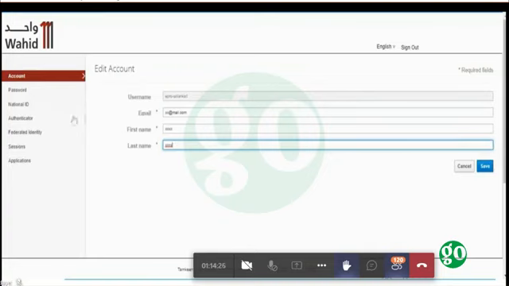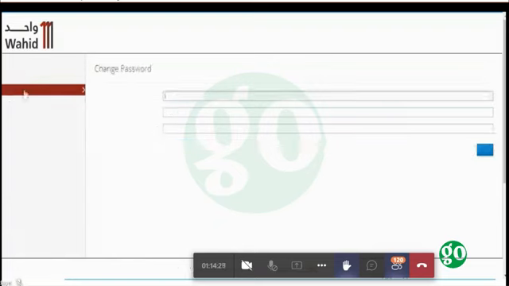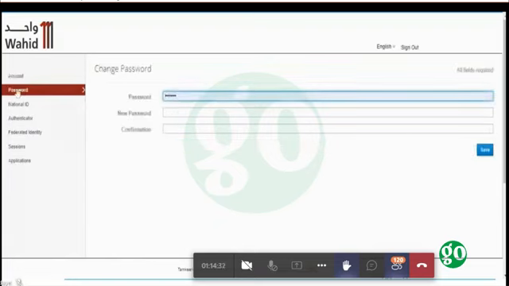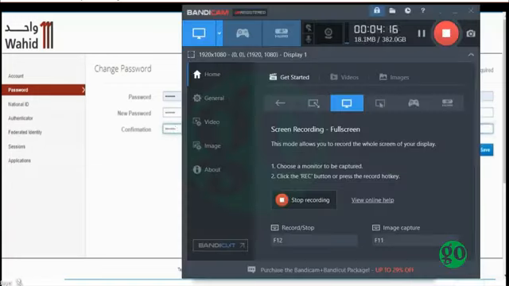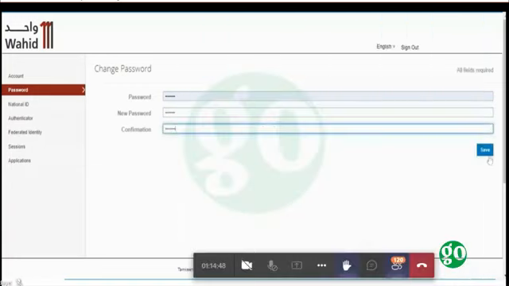just updated. In case user wants to reset the password or change the password of the system, he can do so by clicking on the password tab on the left side, and he can enter the value of the new password. After that, he has to confirm the new password and click on Save button in order to save the details. After that, user can log into the new system using the newly registered password.